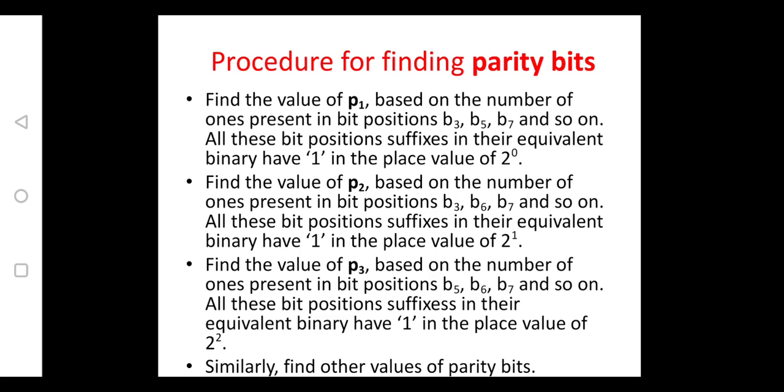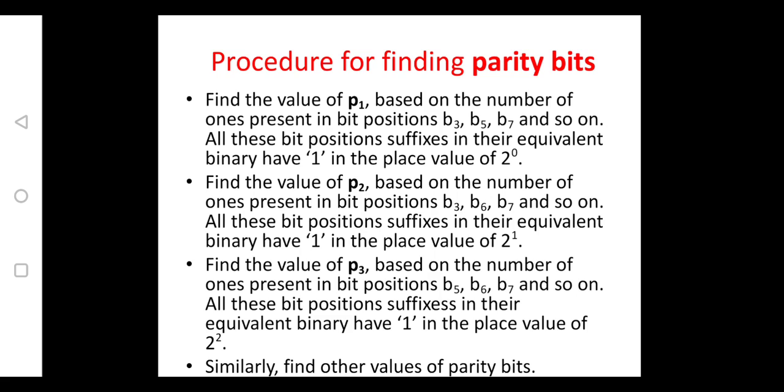Now instead of taking triple 1, let me take B3 equal to 1, B6 is 0, B7 is 1. So I need to write down P2 for odd parity. In case of 1, 0, 1, we are having only 2 ones. But I want odd parity, so in this case we need to write P2 equal to 1. Because if P2 is 1, we are having odd parity, that is 1, 0, 1 followed by P2 equal to 1.